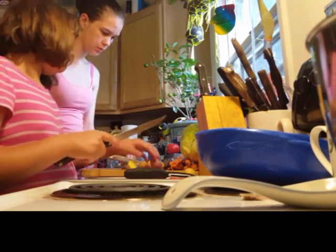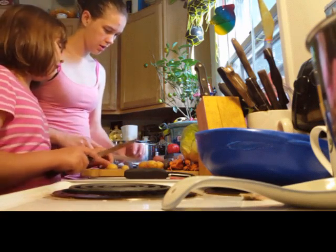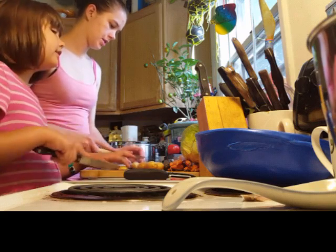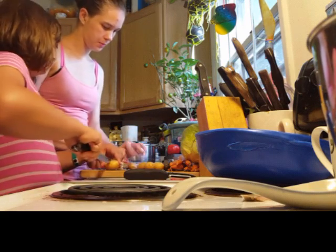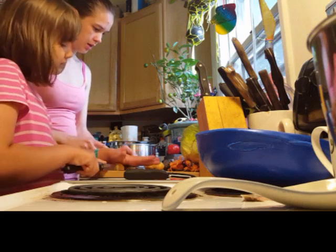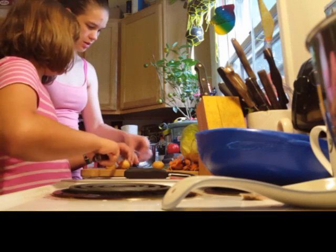So, what are we going to do after the carrots? After this, we're going to do the carrots. And what comes after the carrots? Cabbage goes in last. First, we do the meat. Okay. Now that we are just about done,